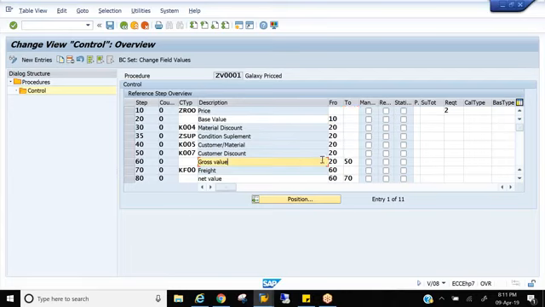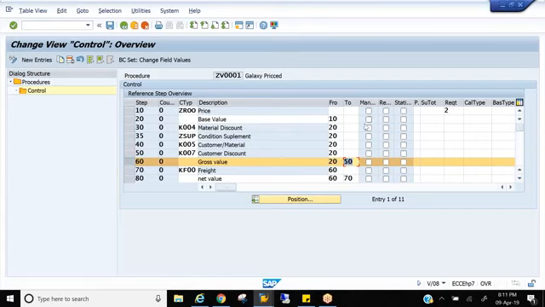We are telling the system here, gross price is from 20 to 50. That means this From and To will help us to accumulate multiple steps like this: 20, 30, 40, 50. We are accumulating and putting in one line. So this From and To will help us to accumulate multiple steps, and From will help us to start the calculation, and To will help us to end the calculation.